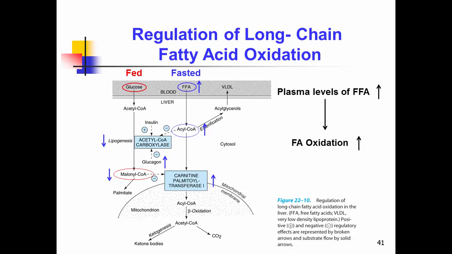And then the transport of fatty acids into mitochondria is also increased, sped up, right? Eventually you have more fatty acids able to enter the mitochondria and go to beta oxidation. So beta oxidation increases and ketogenesis also increases, right? So again, this is a very important slide.